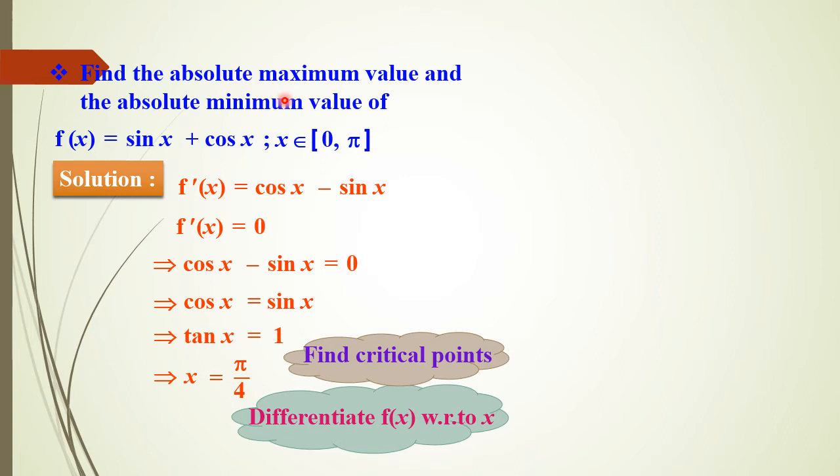See, in this problem, when we are finding the absolute maximum and absolute minimum in the given interval 0 to pi, first of all differentiate the given function. After differentiating, the derivative of sin is cos, the derivative of cos is minus sin, and the derivative of x is 1. So you write f dash of x equal to 0. Here you will get one critical point, that is x equal to pi by 4. Then with pi by 4 and the given interval 0 to pi, substitute all the values in the